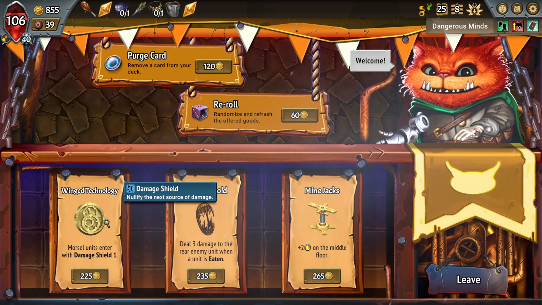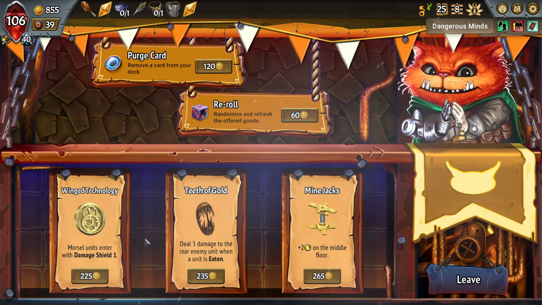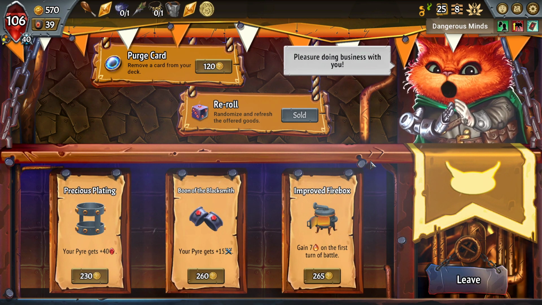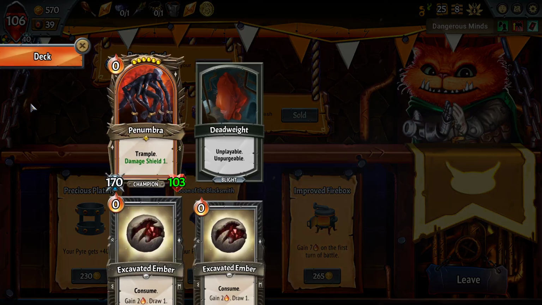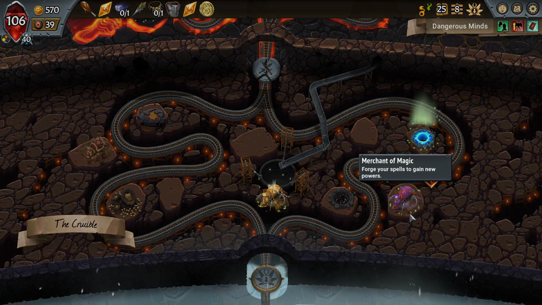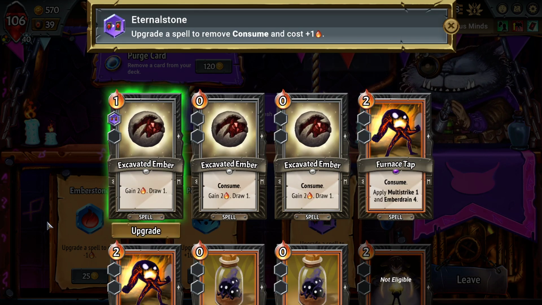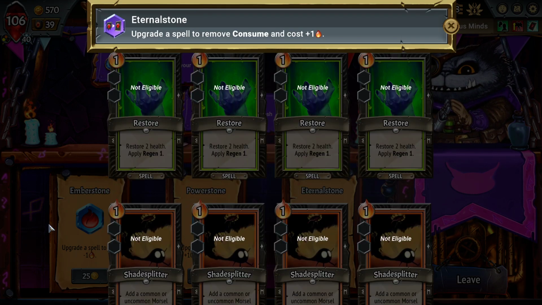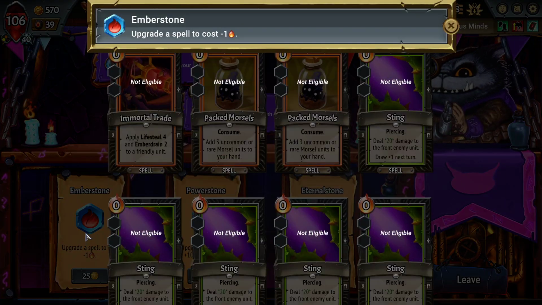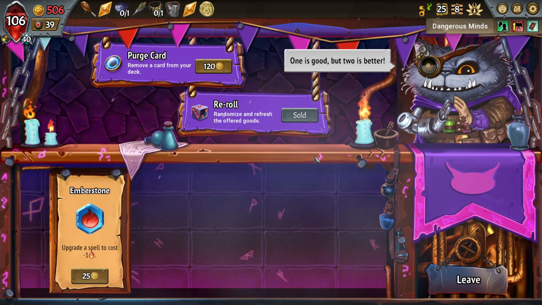Actions. Morsel units enter with damage shield 1, which is every unit enters with damage shield 1. Sure, that's still pretty good. Take that and re-roll. Plus 7 energy on the first turn of battle. I don't really play that many cards on the first turn of battle, typically. None of the rest of those really make too much sense to me either. Consume removal? I could consume removal on an Excav Ember or some such, but we don't really cycle the deck. Make sure Void Bindings are castable after I...